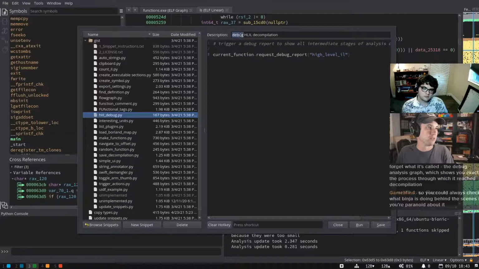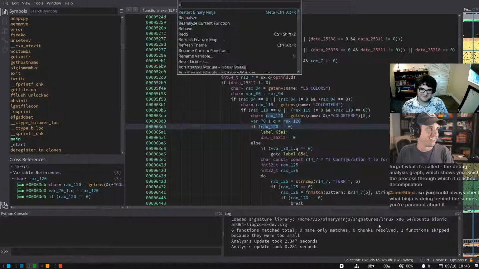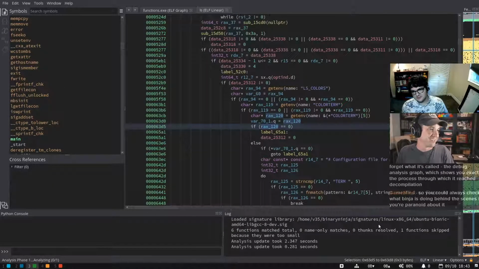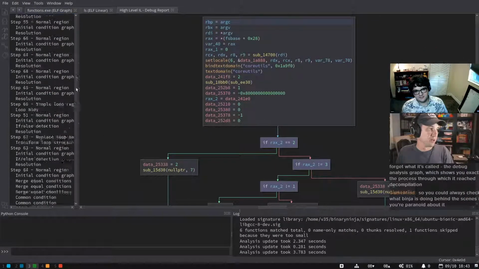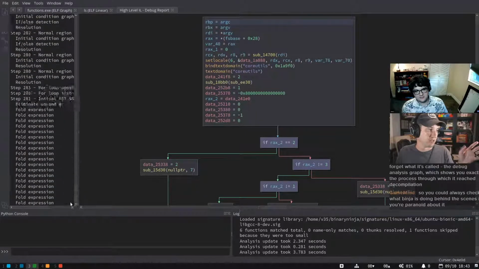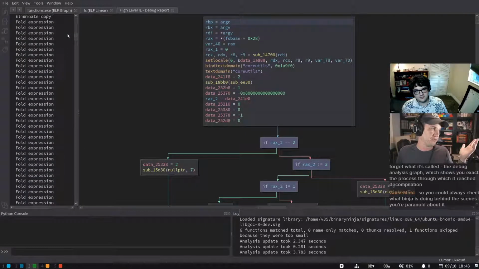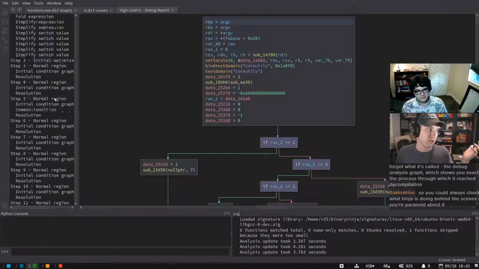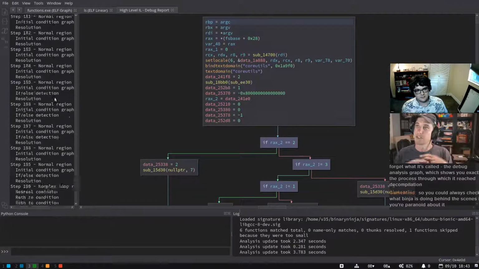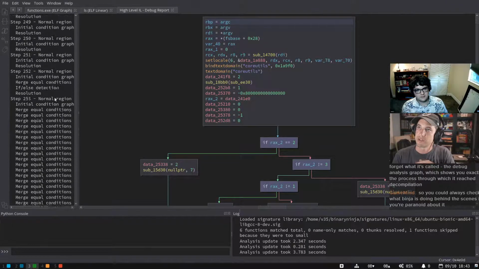Debug high level IL decompilation report. I'm putting the name report in there just so I can remember it. There we go. So you can actually see how high level IL does its thing. There's even another one for medium level IL if you look at the help docs for that same API. It shows all the operations it's doing, so you can see what's going on, if you're interested in more of the details.